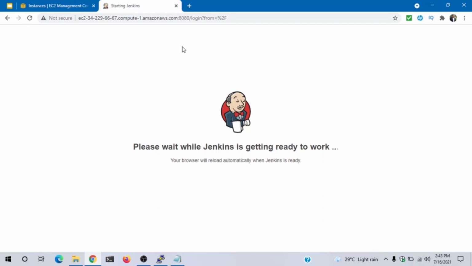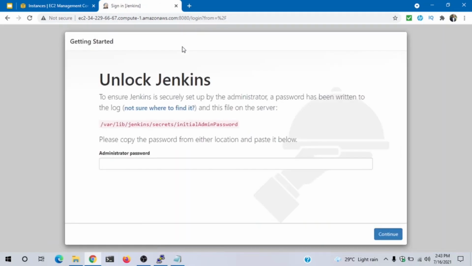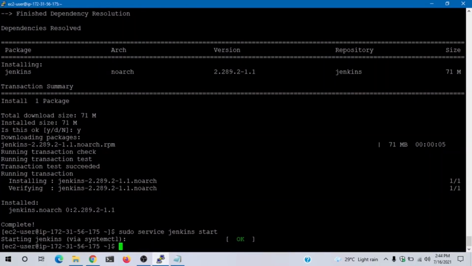Now, from the first video, we know that when we install Jenkins, the first time it asks us to unlock Jenkins first. For unlocking, we would require the admin password. It is saying that to unlock Jenkins, ensure that we have the security password, and that password can be found at this location. Copy this.